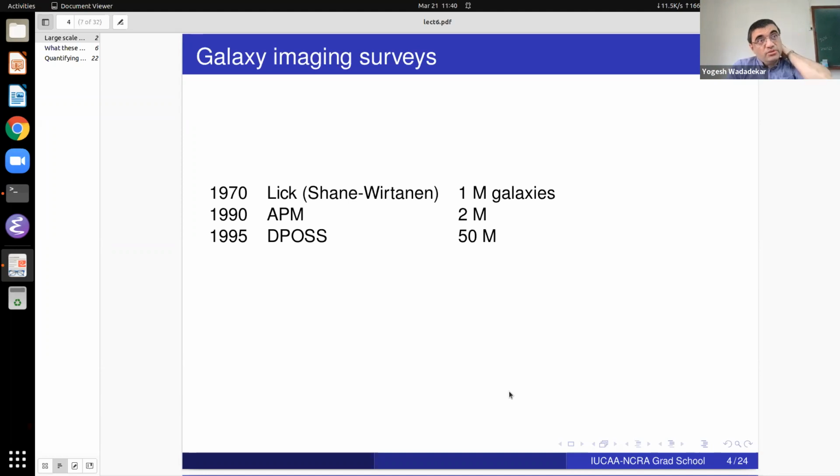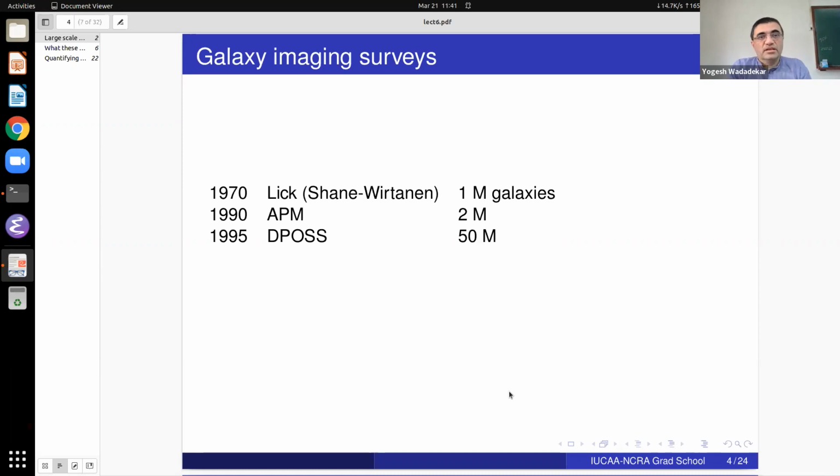When I joined IUCAA in 1994, we actually had glass plates which were reproductions of those Palomar plates. There was a machine on which you could place the plate and, with a magnifying glass, look at the sky. But by 1995, a big project had been carried out called the Digitized Palomar Observatory Sky Survey. People said this is very inconvenient, all these glass plates. Let us just use a scanner, scan the whole sky, and make it available to people. DPOSS was first,